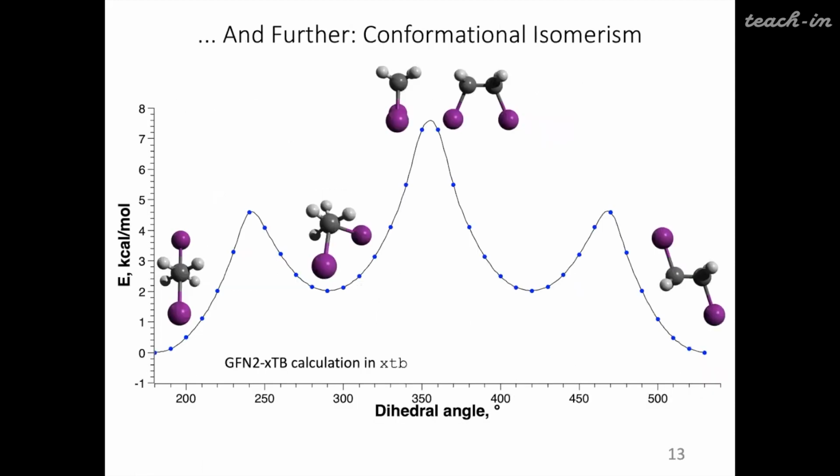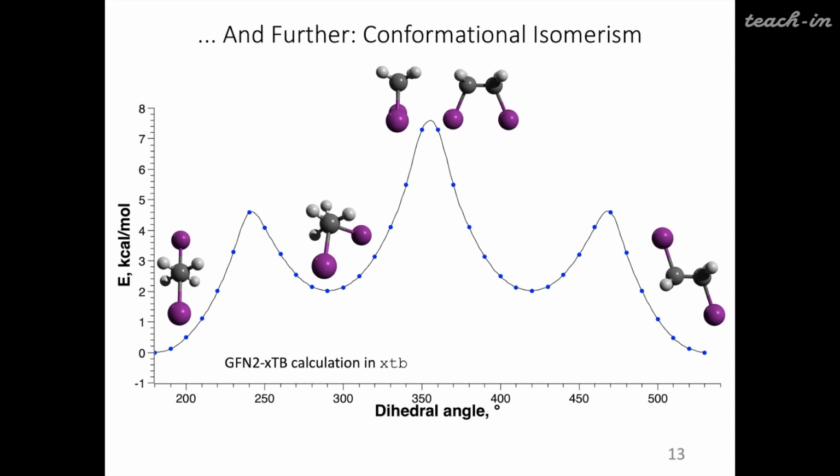So we can even speak of conformational isomerism, and in this case we need to specify the temperature at which we observe a given molecule. So if we consider, for example, this 1,2-diiodoethane molecule, this rotation around the carbon-carbon bond will be very rapid at ambient conditions. However, if we cool down our system to